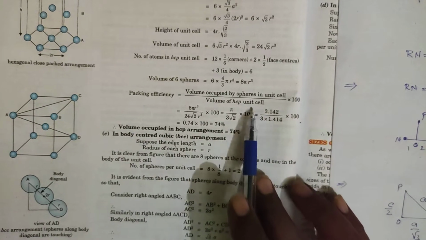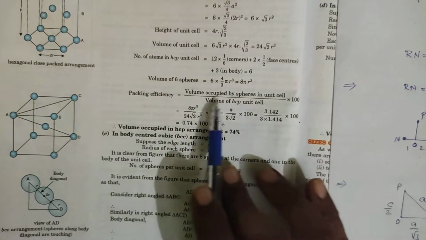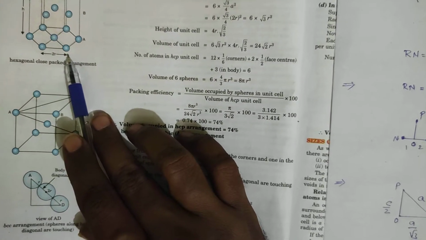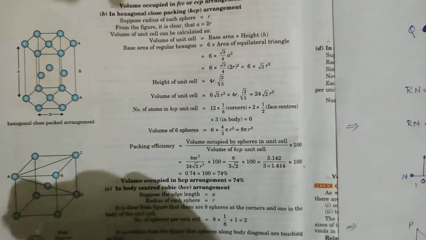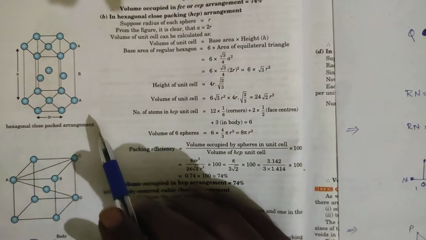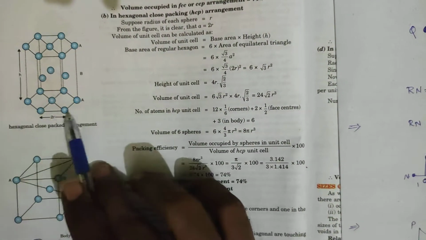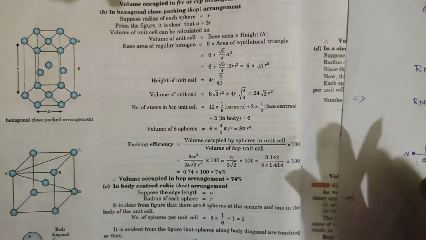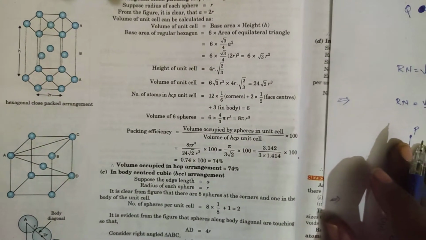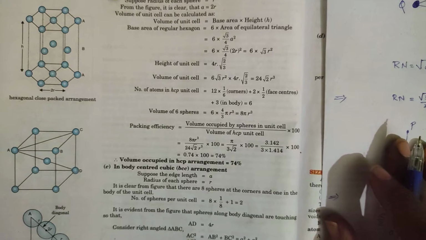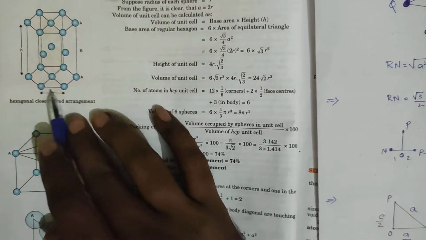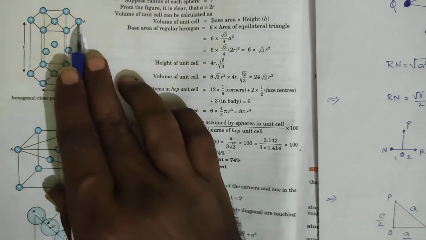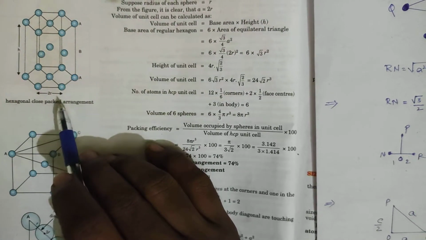Okay, volume of HCP, how can you write it? You can't take a cube here, right? Because the length is not a. At the bottom you are having a hexagon, so what can you take? Area into height, that is nothing but volume. Base area into height. For this one you require the base area. This area into height, this height is something like b, or you can assume it as c.